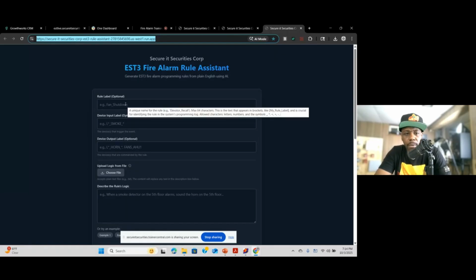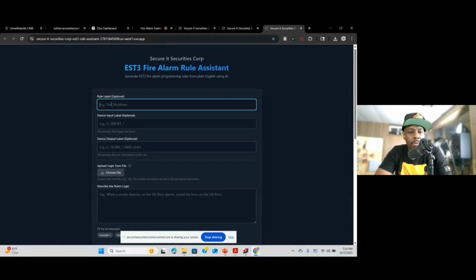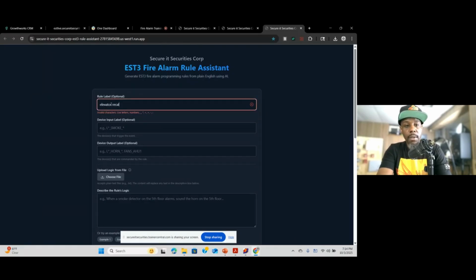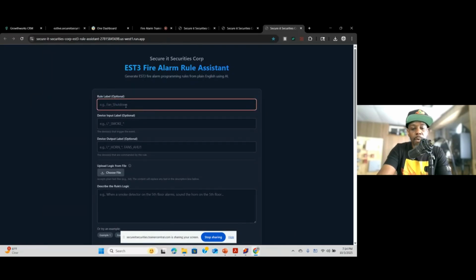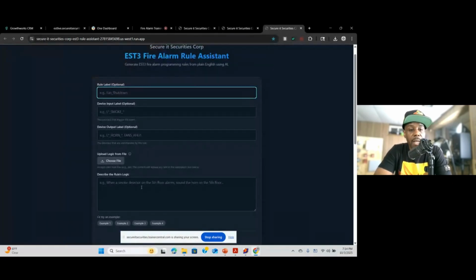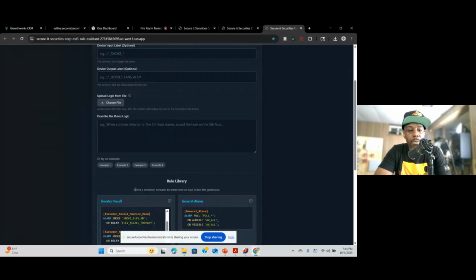If you have a real live job, you put your rule label, which describes that actual rule. So if it's recall or elevator recall, we would just put elevator recall. This will be describing. Now it wants me to input the characters. I'm not going through all of that because all of these are optional. You can put that in there so it can spit out exactly what you want,